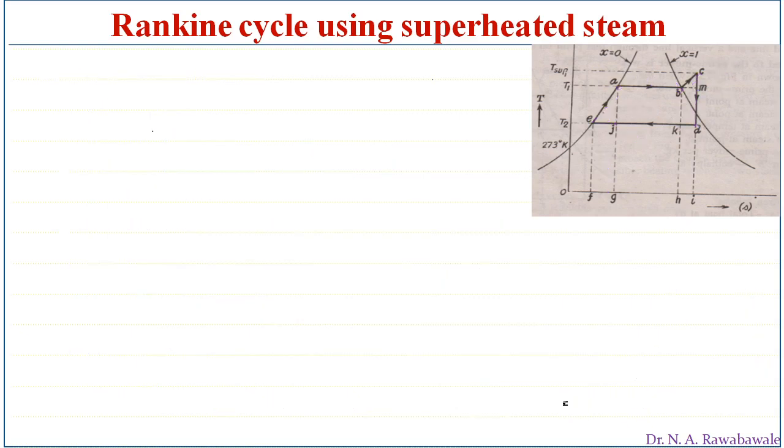On further simplification of this, we get the first term will remain as it is, equal to T1 minus T2, bracket 1 plus HFG divided by T1, close this bracket, minus, the second term also remains the same, T2 log to the base e of T1 divided by T2.